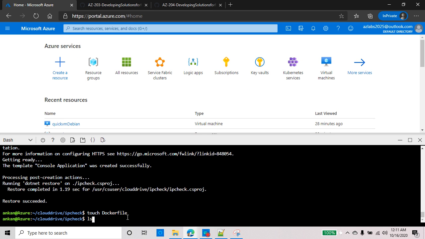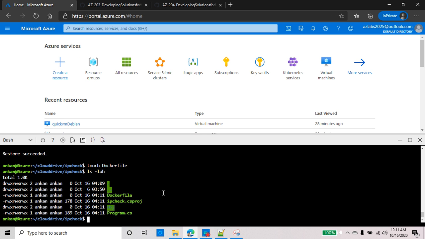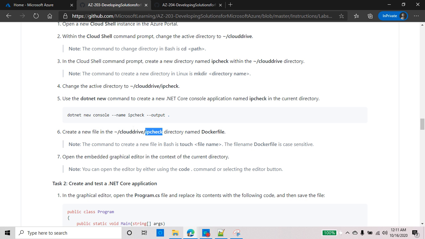And you can do an ls -la, and it should tell you that there's a file, Dockerfile, that you have just created. There's no size, because besides the file name there is nothing inside the file, right? So we have to now populate the